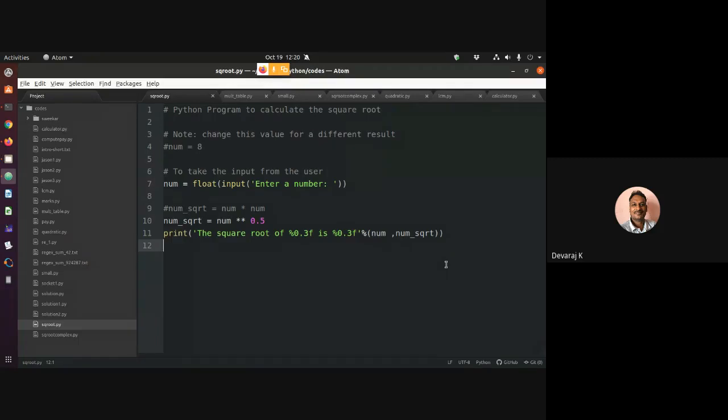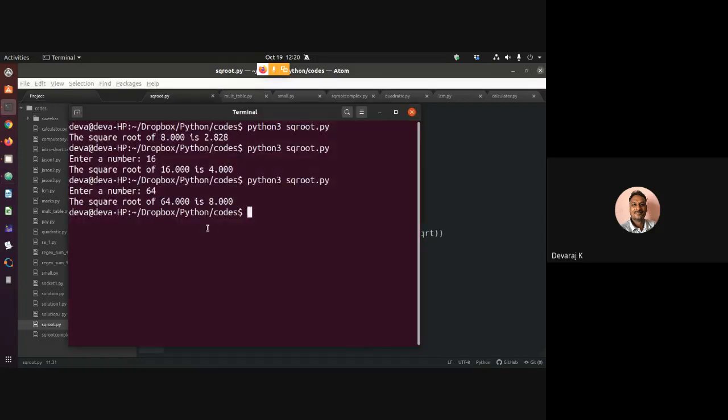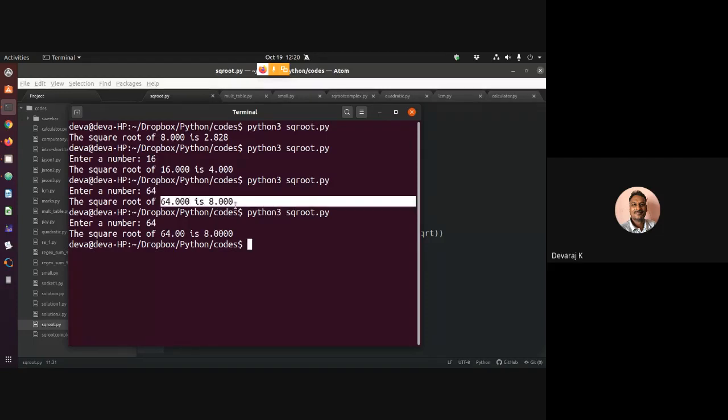What I want to show here is how we are going to print the output. Instead of 3, say for example, I'll change it to 4. Here I'm going to change the other one to 2 decimals. So your num will be of 2 decimals, your num square root will be of 4 decimals. Now I will run the same code. I'll put 64. You can see the output, and the difference from the previous output.